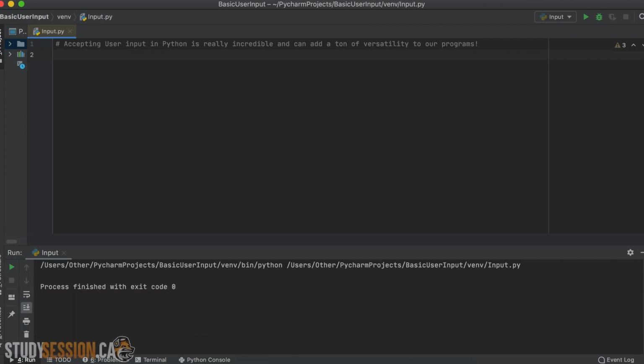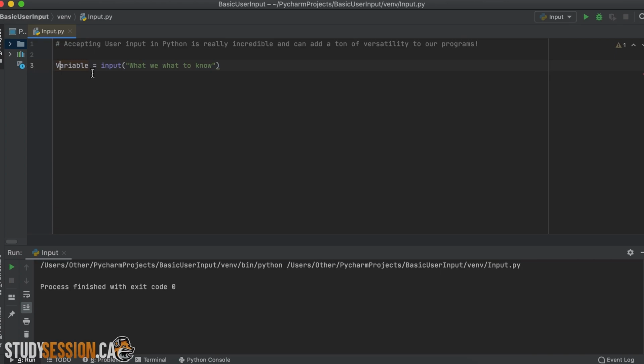So, let's get into how to actually accept and use user inputs now. To accept a user input, you begin by typing out a variable name. This will be what you call whenever you need to access the data that the user entered. So, just like any other variable, we write equals and then input, which tells Python, hey, at this point, I need something from my user. So, in the brackets, we create a string and tell the user what we want to know. And it is really that simple.